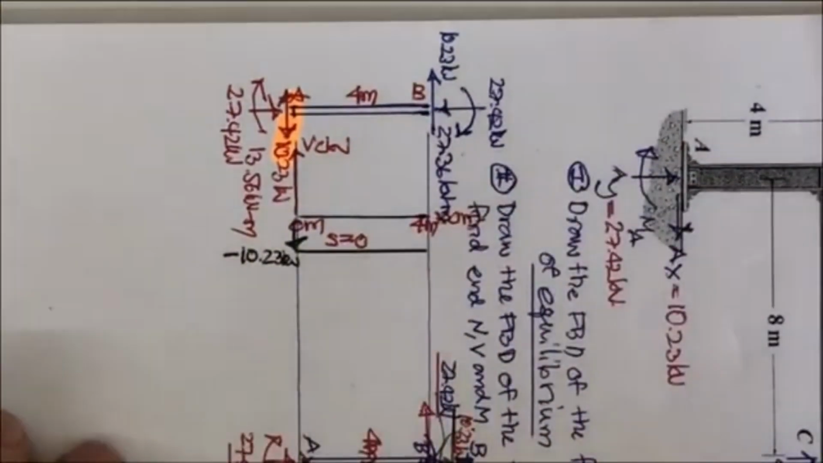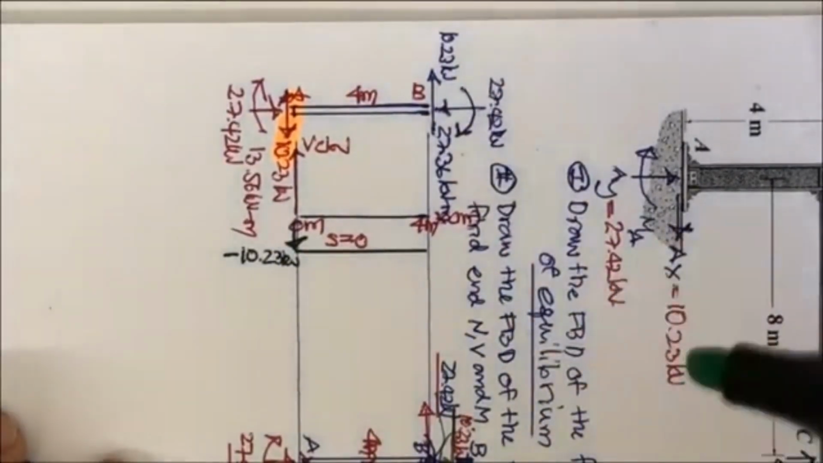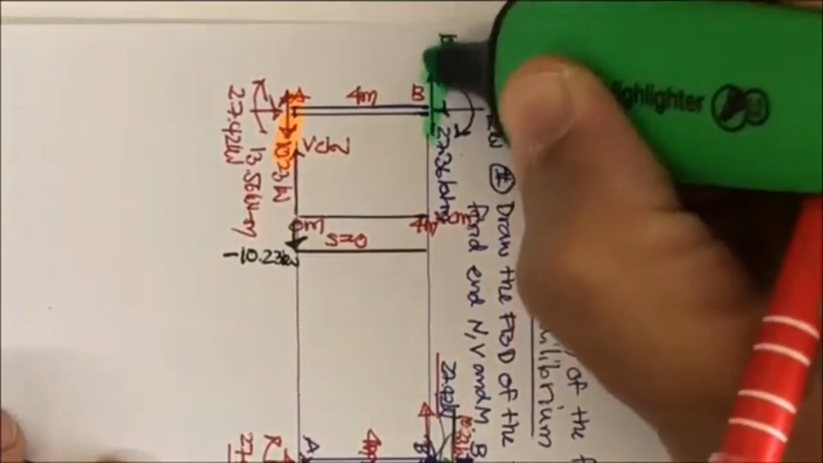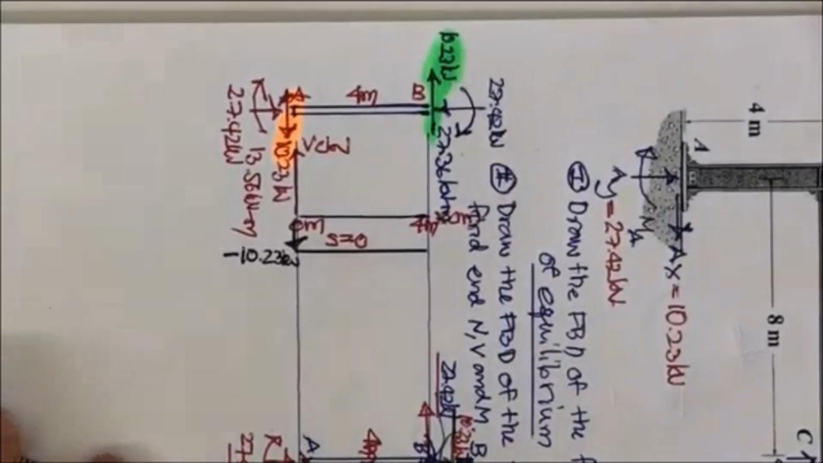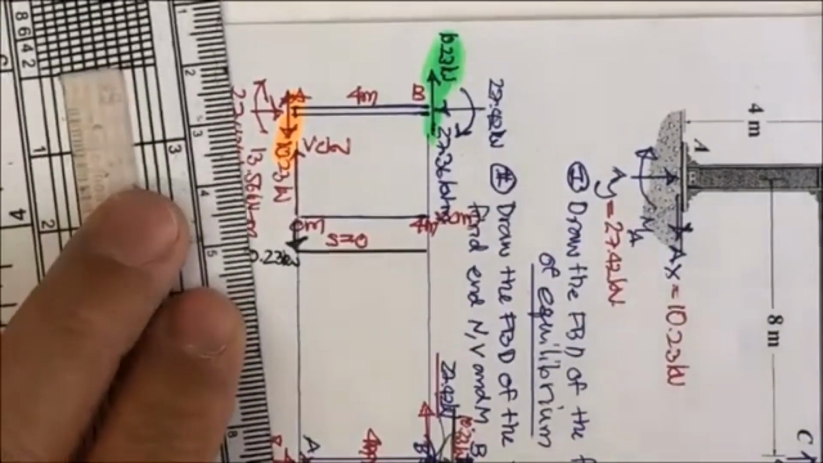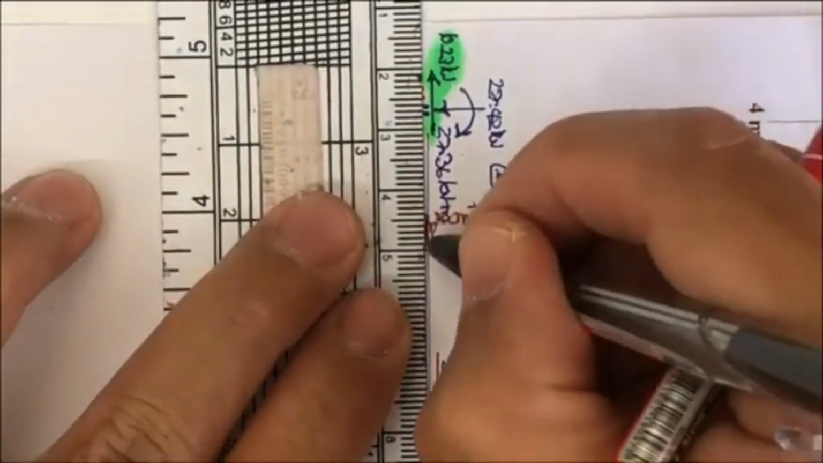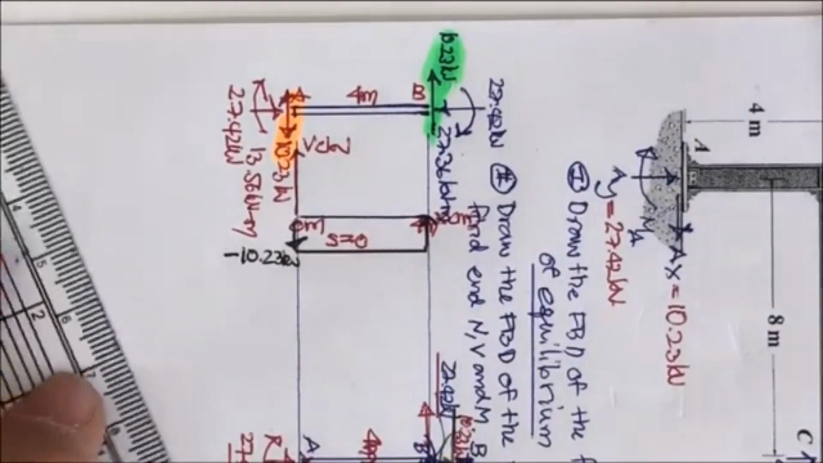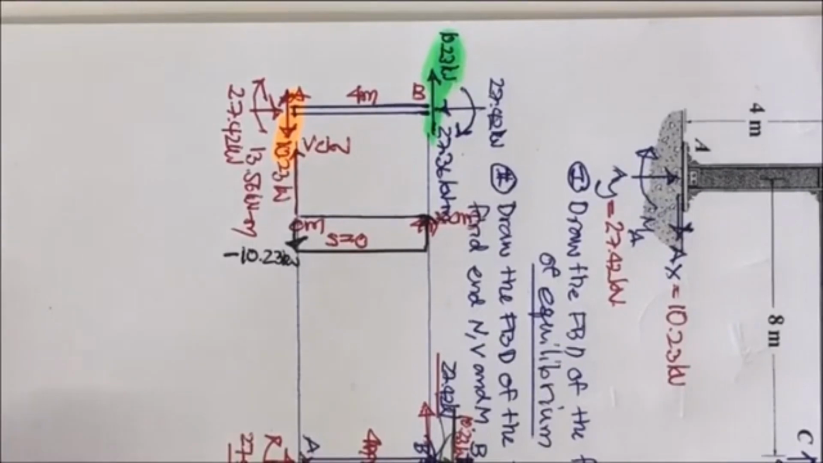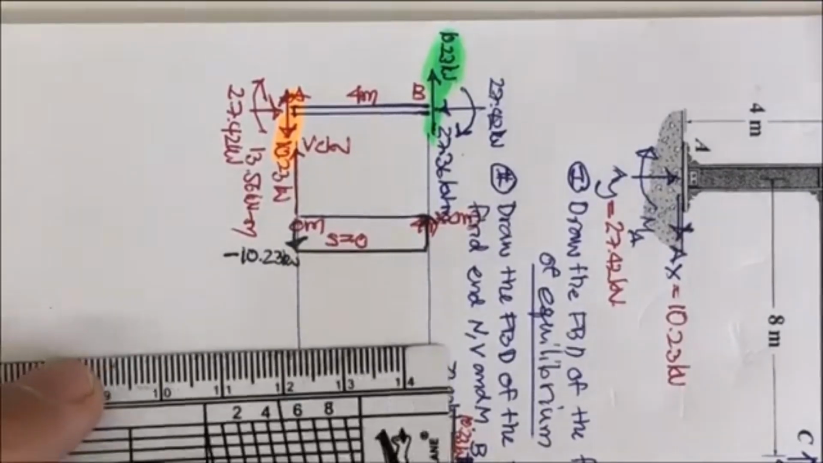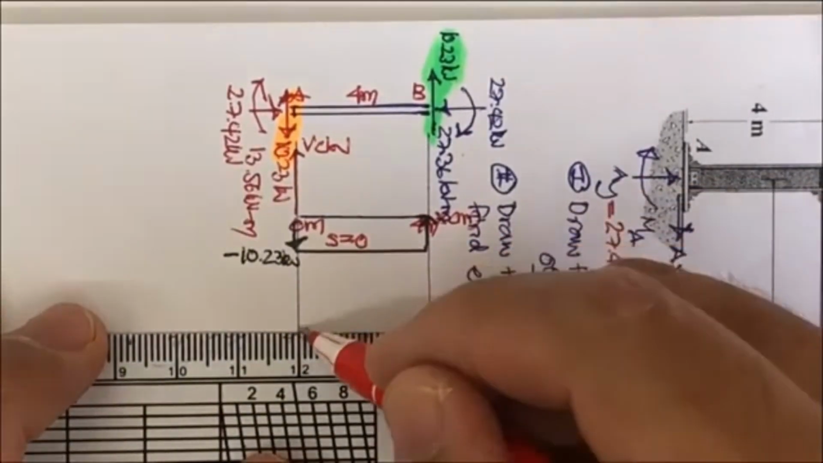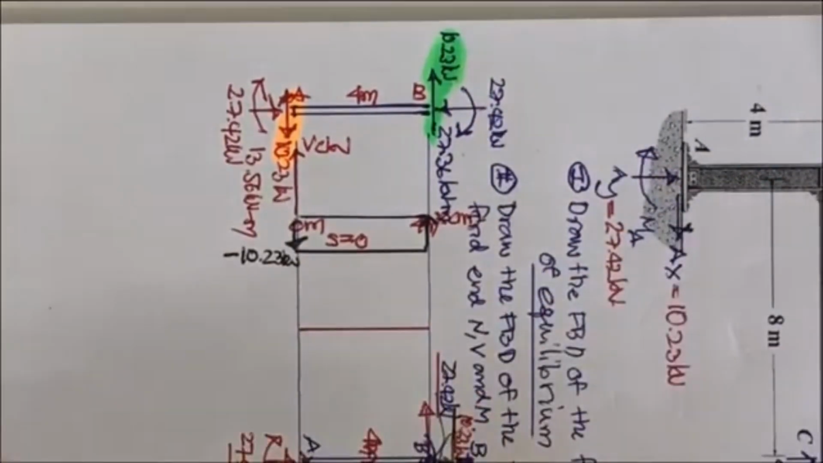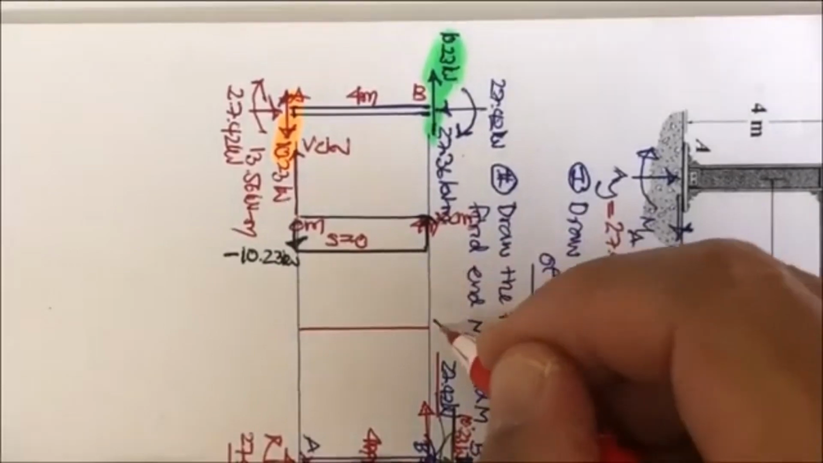Okay, and then what? You arrive here. You have the upward 10.23, and this one is going to close here, and your shear diagram for this member can be determined easily. Okay, and then next we come to this one, and what we have is this one going to be x